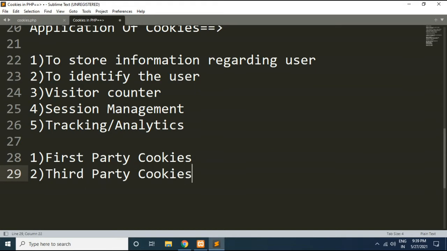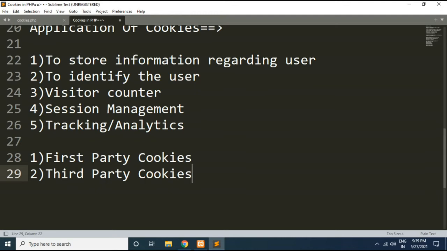So what are first party cookies? These are the cookies that are stored by the domain or website that you are visiting directly. They allow website owners to collect analytics data, remember the language setting, or perform some other useful functions which will improve the user experience over the web application or website.